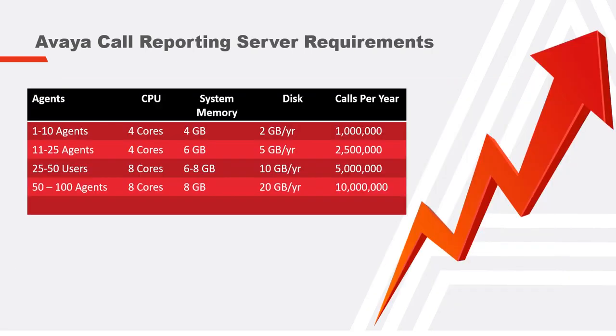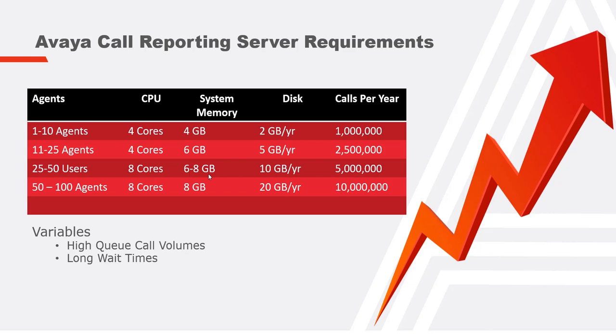For that secondary server, this is what we recommend. This actually has nothing to do with agents. It has everything to do with high queue call volumes and long wait times. But on average, this is what we see. In a 1 to 10 agent environment, that multimedia server could be a quad core, 4 gigs of RAM. 11 to 25 agents, 4 core, 6 gigs of RAM. 25 to 50 agents, 8 cores. Let's just do 8 gigs of RAM. So really 25 and above, I would go 8 cores, 8 gigs of RAM,